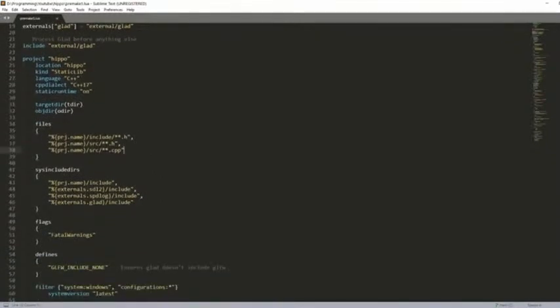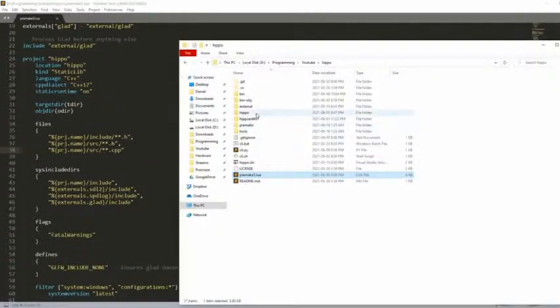So we're going to include them in our files here. Now again, anything that's under files is going to get compiled into hippo.lib. So we're compiling everything in. So if we look at the kind of files we just added,